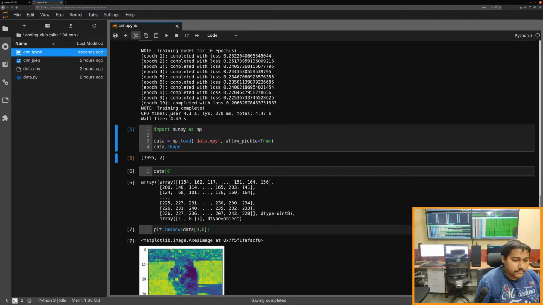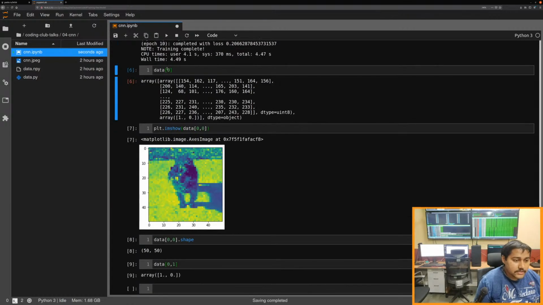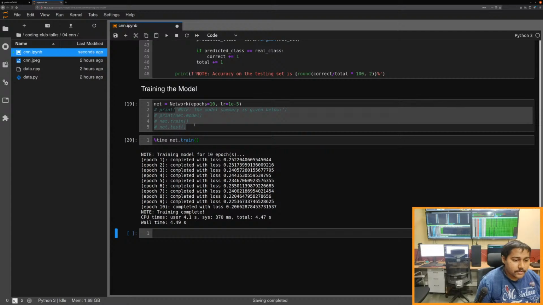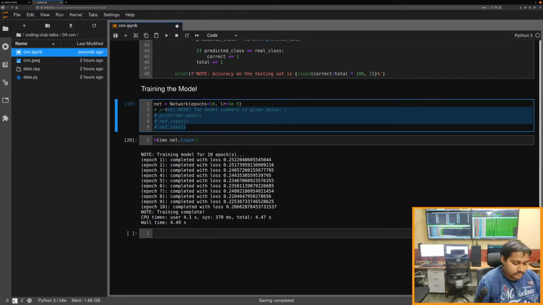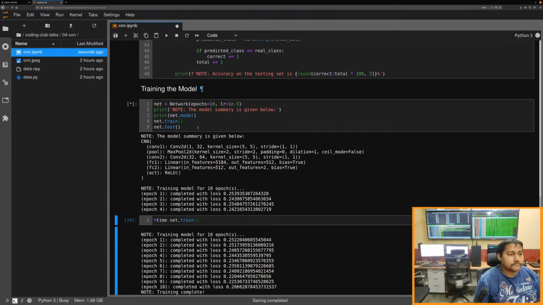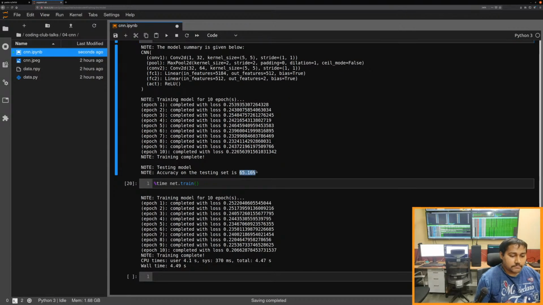Okay, so we do not need this. We saw how the data looks. We have trained our network as well. Okay, let me remove the commands here. Hit again once and then see the final accuracy value that we get. And it's about 65%. So this may not look impressive, but the reason why this is low is